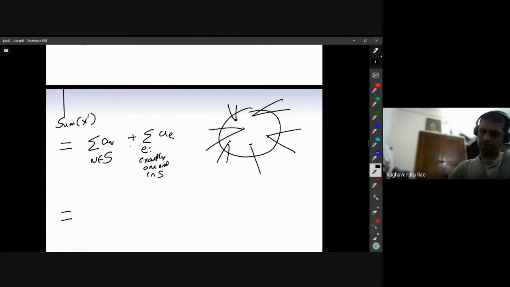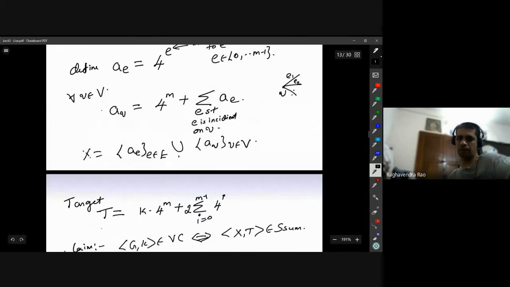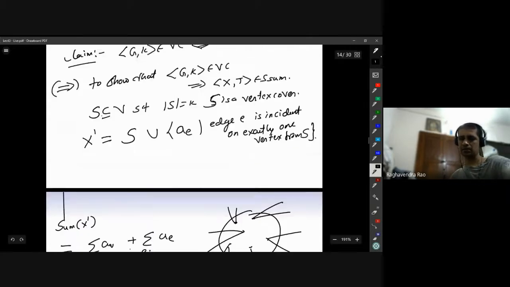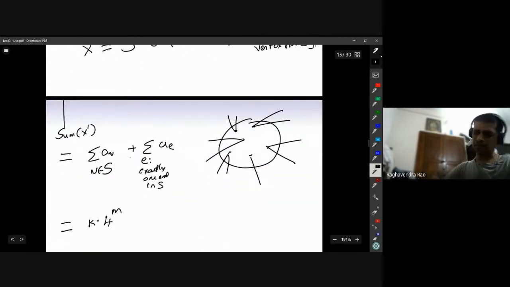So this is basically the cardinality of S, which is k. So k into 4 power m. So remember, that's how we defined a_v. Okay. So 4 power m will occur exactly k times. Plus